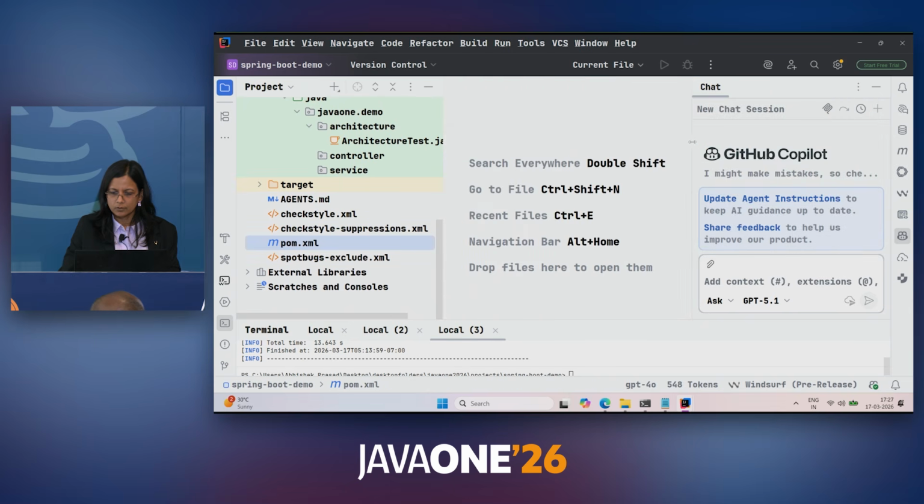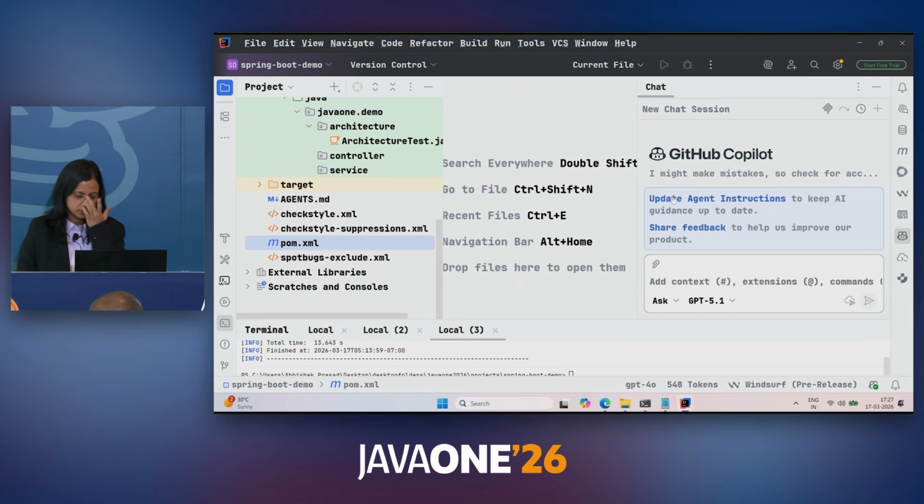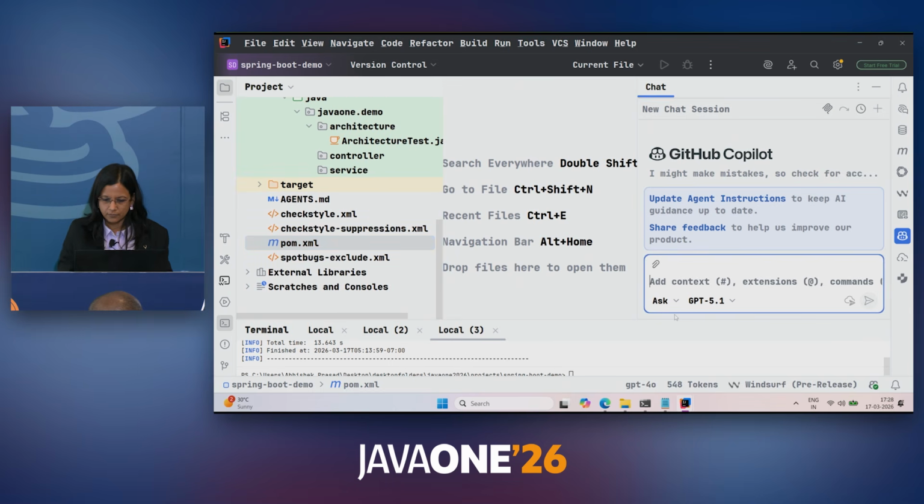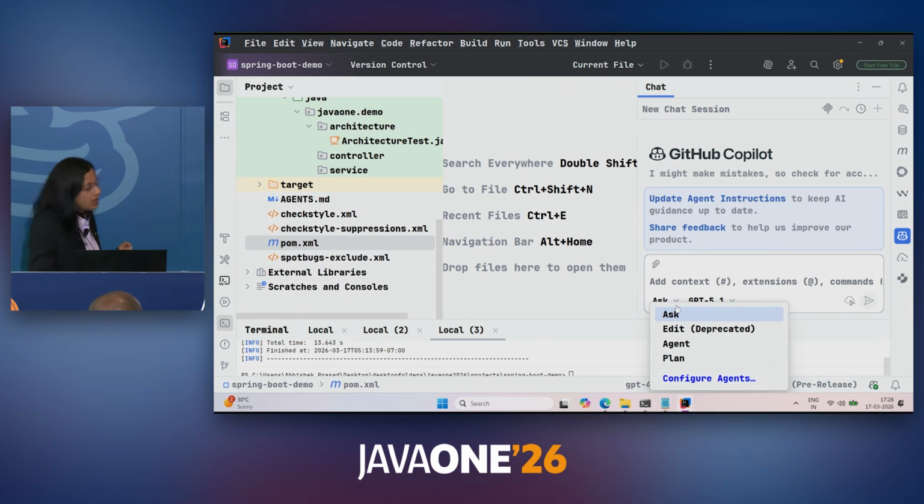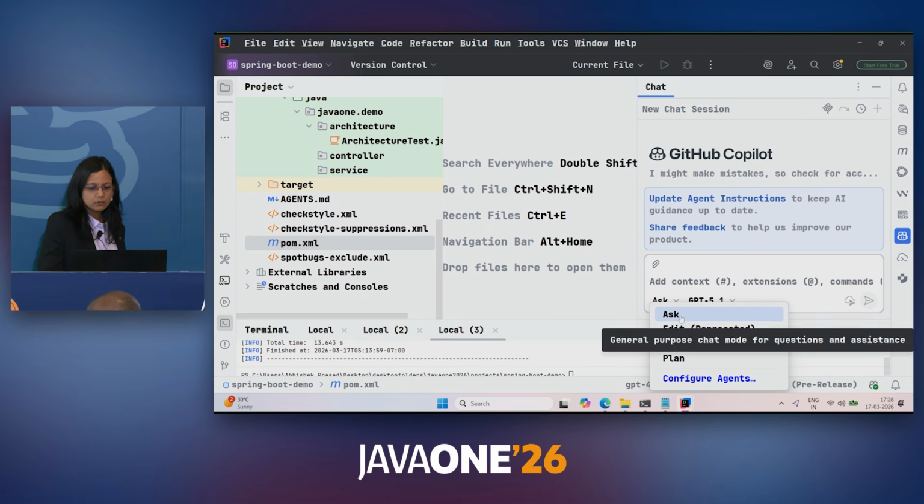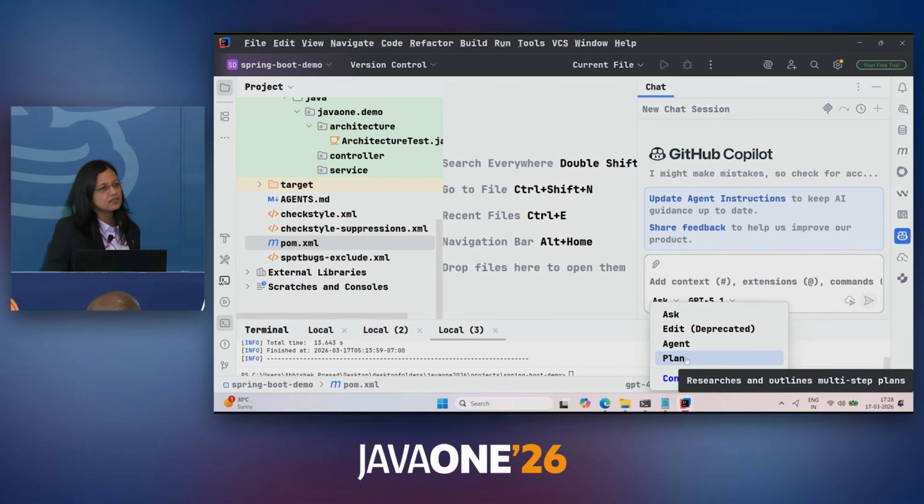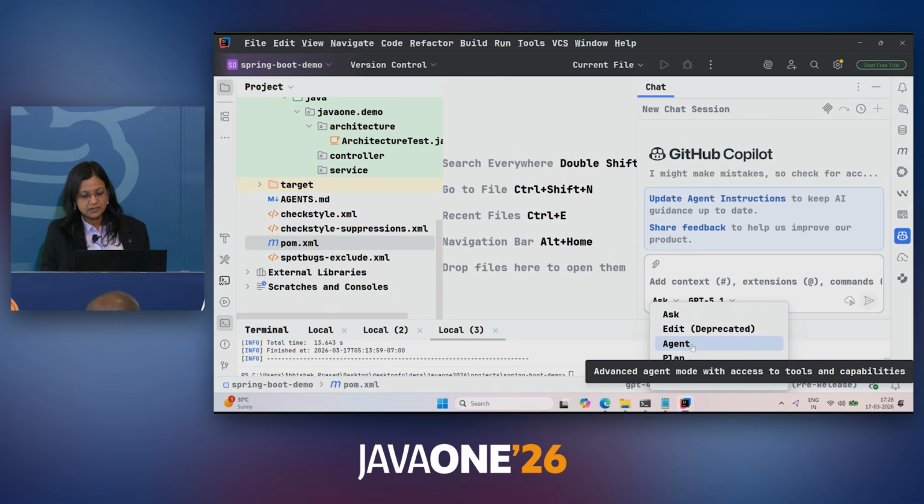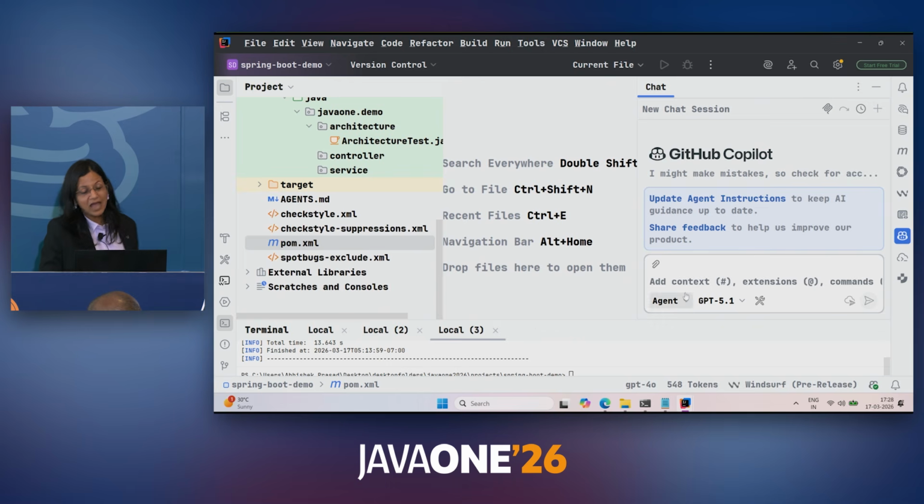Okay, now this is a GitHub Copilot chat window. For people who are not aware of this, here you can select various modes. Ask will just generate the code for you. It won't go ahead and make the changes for you. Edit is deprecated. Agent is what I'm talking about, where I let the agent go ahead and do the changes for me. So I will basically say